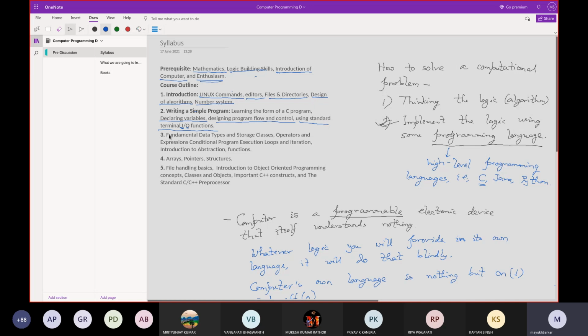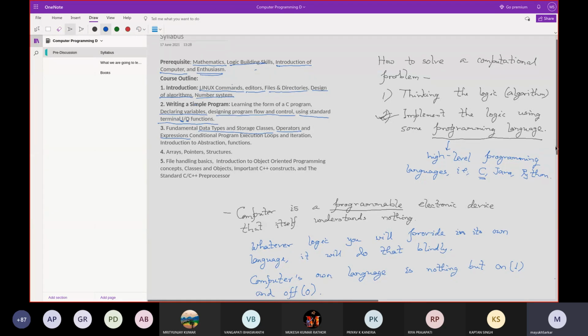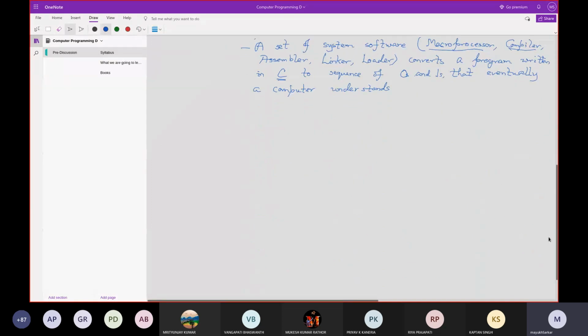Okay. Then various data types and storages, operators and expressions. You will know about them when I demonstrate data types and storage classes. Maybe some of you will not understand at this moment, because for that you have to understand the size of a particular storage. Okay. Now, operators and expressions. If you take any expression that involves operators and operands, let me write it here. Suppose I write something like 2 plus 3 into 7, right?